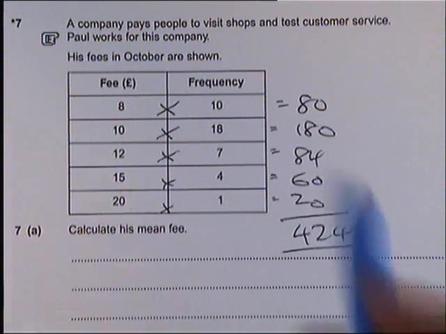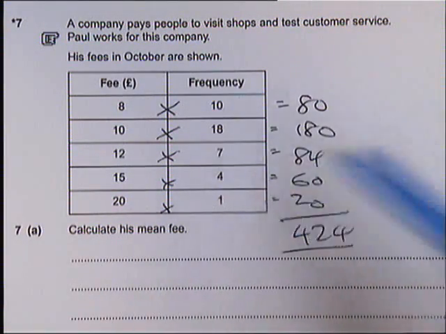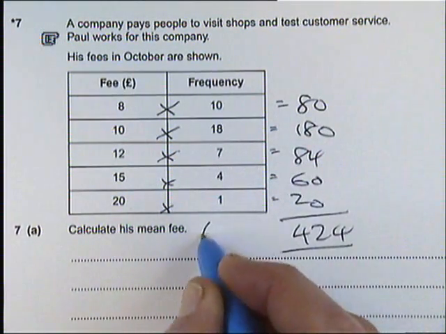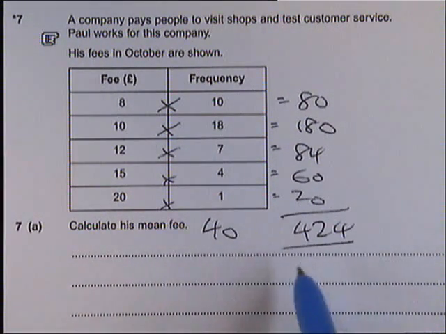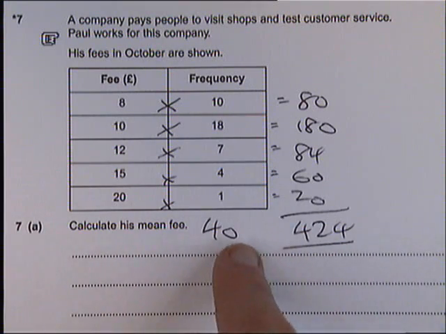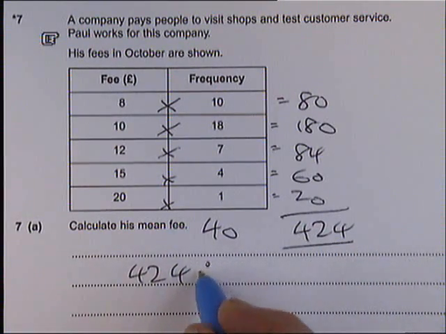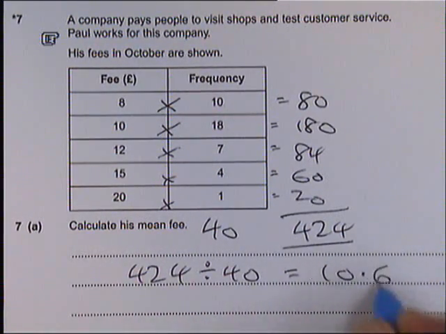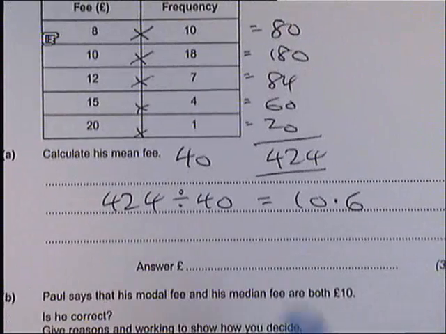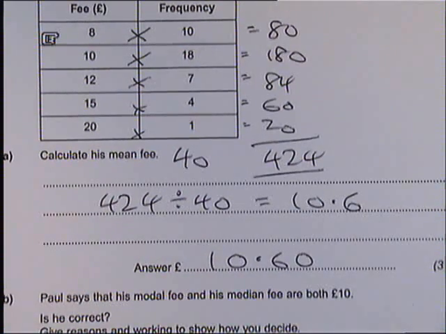The next thing you need to do is always add up the frequency. If you add up these frequency numbers, you get 40. You always add up the frequency, that tells you how many fees there were altogether. And to get the mean fee, you need to do this number divided by this one. So you do 424, it's always the big one you've worked out, divided by the total frequency. Remember, you're allowed to use a calculator on this. If you do that on a calculator, it will show you 10.6. Now it's a money answer, so to make that look like money, we'll call it 10.6 with a naught on the end,